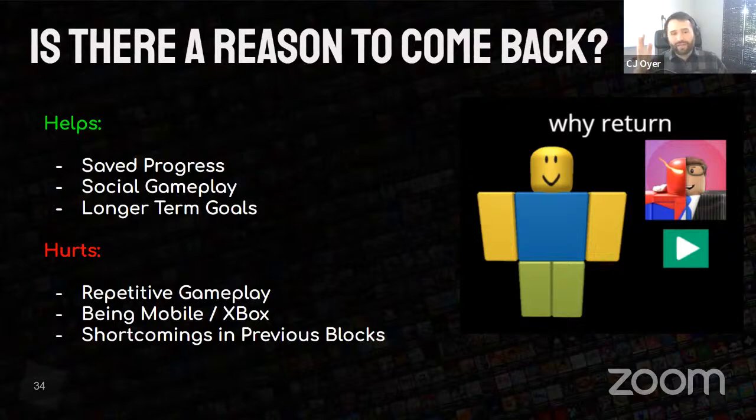And so just time and time again, the social part of a game is almost always what makes it compelling. So make sure that your game has social interactions built into the game. Longer term goals, of course, this isn't too crazy, but in general,